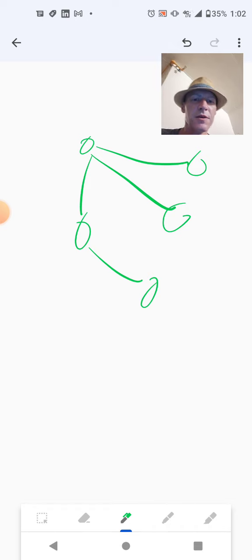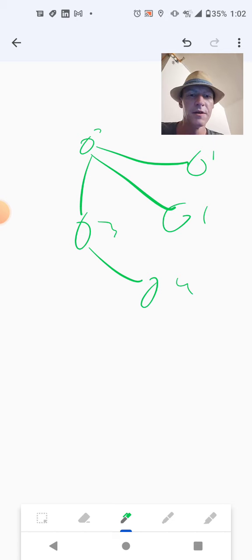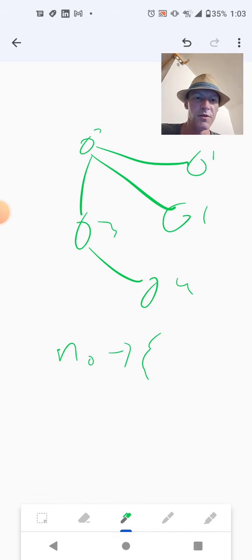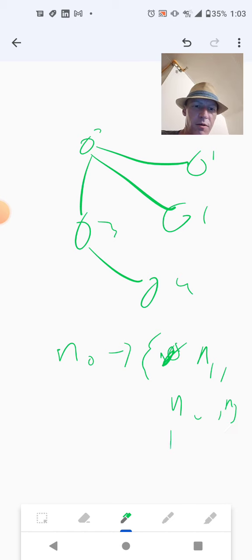Okay, so the math for this is, if you number these, this is 0, 1, 2, 3, 4, all right? So the math for it is like this. You can write down what a thought is. Neuron 0 goes to a set: neuron 1, neuron 2, neuron 3, neuron 4.